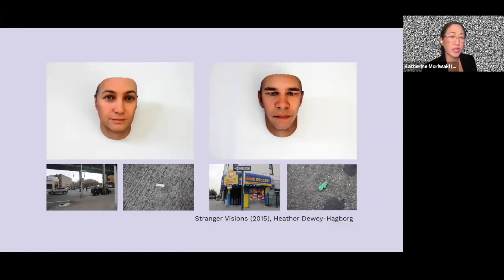What was really fascinating about this process is that it's not a straightforward process. Actually, part of what Heather was trying to explore was the fiction and the speculation involved in constructing identity from biological data. And in fact, the models that she used to build these faces had a range of different possibilities, were rather fluid in their interpretation of what the DNA could mean, and were in fact shaped by her